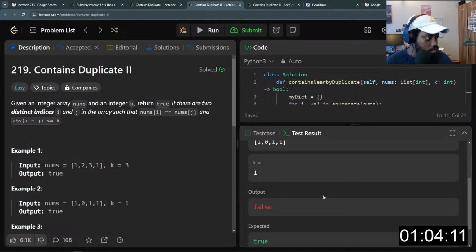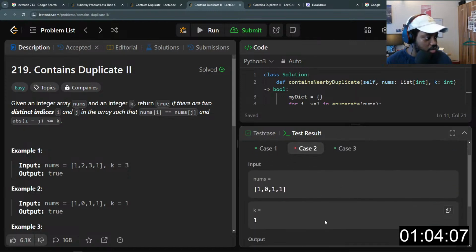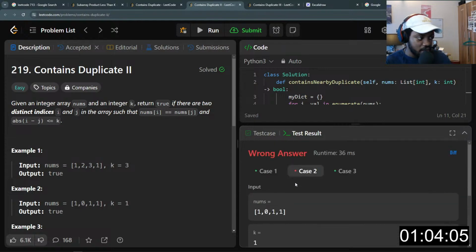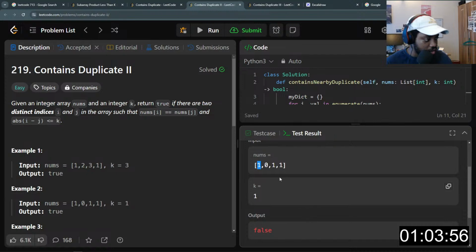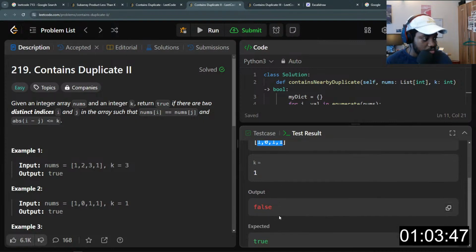So what went wrong here? Here this is true and this is false. We have index at I and K is 1.